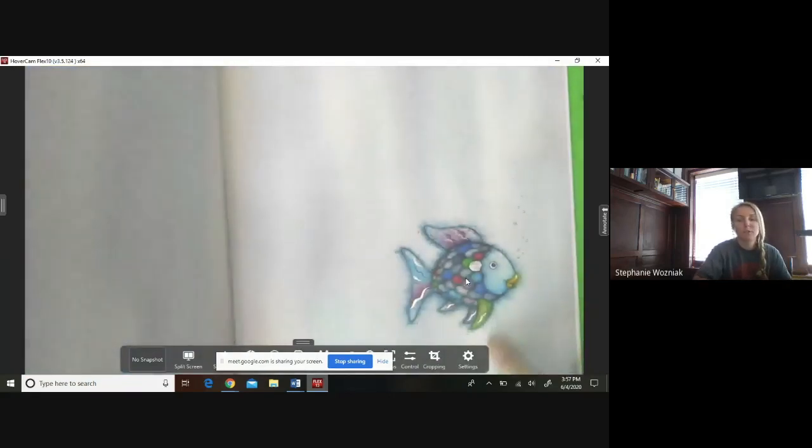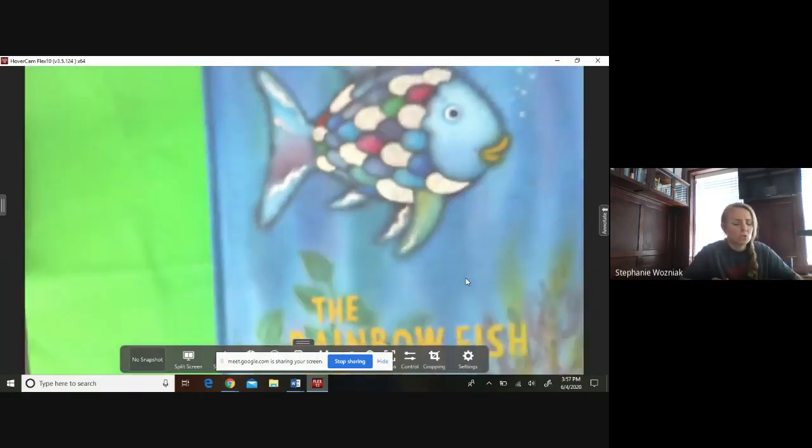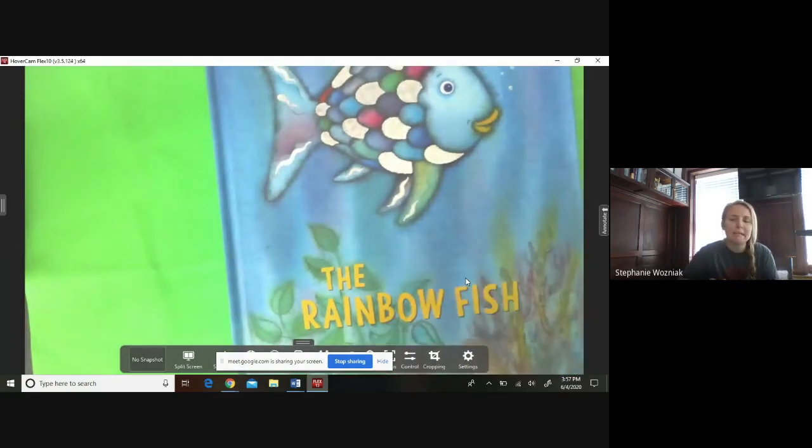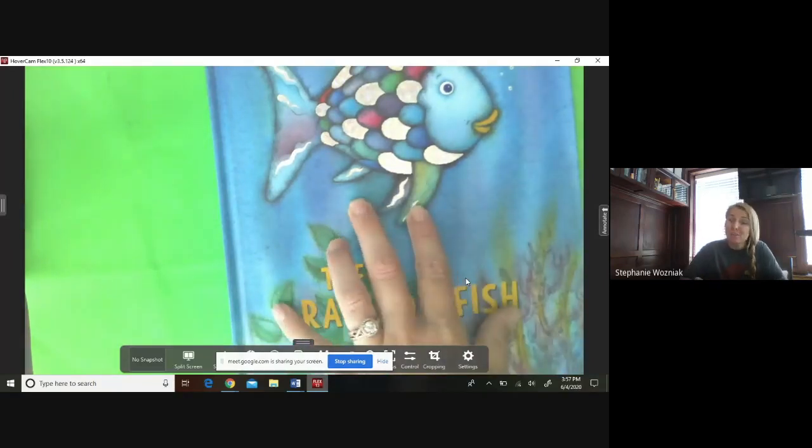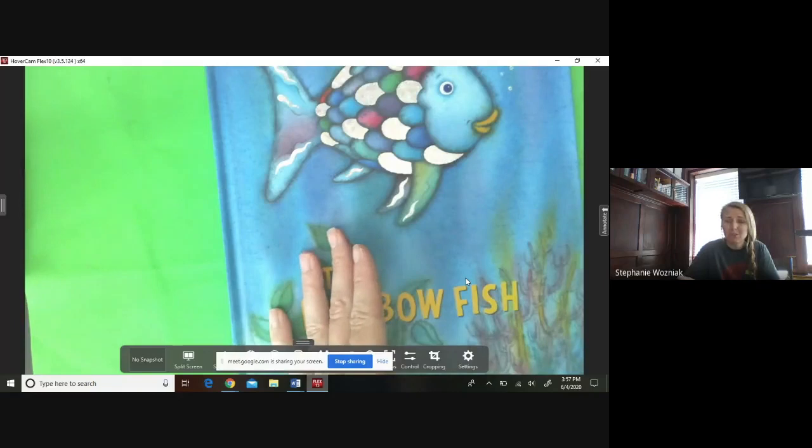And there's a picture of the rainbow fish. So how did the rainbow fish change from the beginning of the story to the end of the story? So at the beginning of the story, we saw that the rainbow fish didn't really have any friends, right? He thought he was better than everyone with his shimmering scales. And then as the story went on and he started to give away some of his shimmering scales, he felt really good about himself and he started to make friends. The rainbow fish actually changed because he made more friends and actually became a lot kinder by doing so.